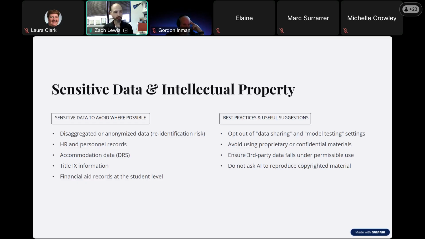So some best practices and useful suggestions. Many of these tools offer the ability to toggle off or opt out of different data sharing and or model testing settings. So we would encourage you to avail yourself of those features. There are tools that we have licensed to us where that functionality doesn't really exist because they're platforms that you're authenticating into, and those types of features aren't enabled.